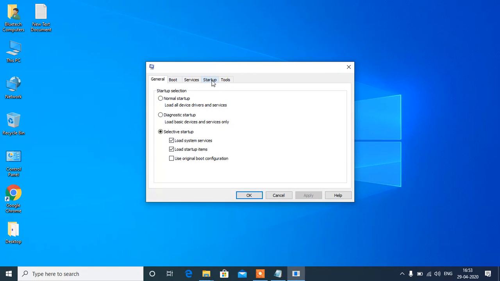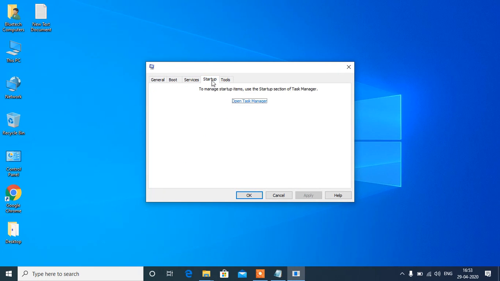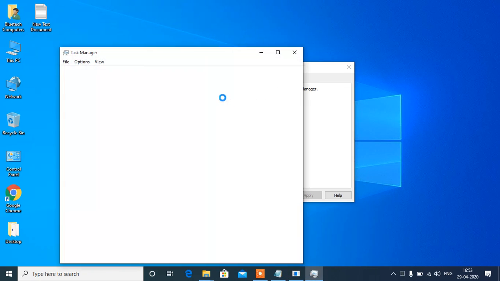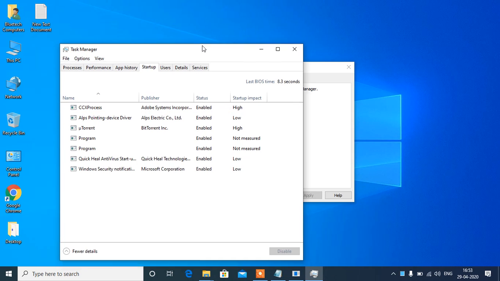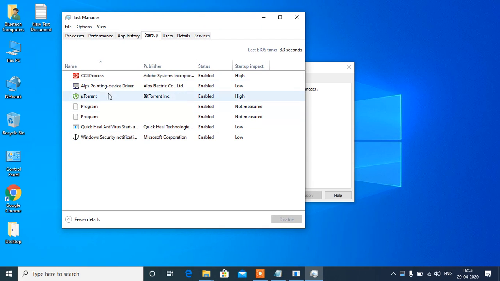See, this is Startup. Click on Startup, open Task Manager. Startup is in your Task Manager. These processes are running behind your computer, so you have to disable all the things you don't want.